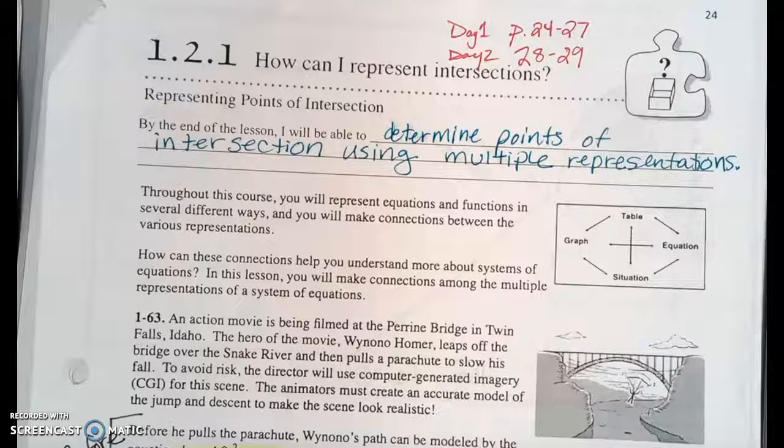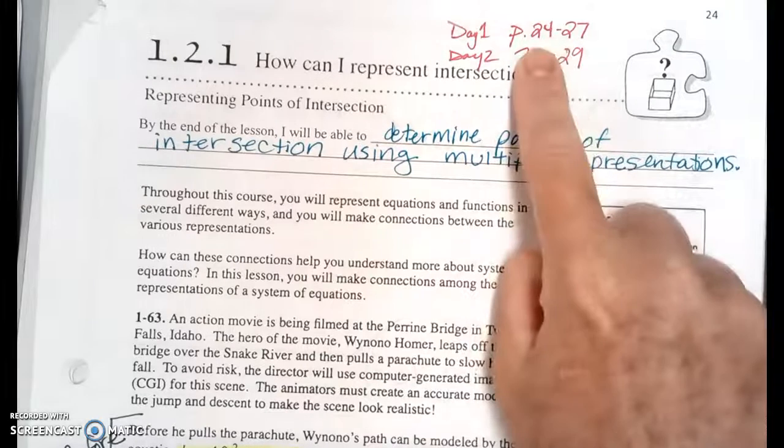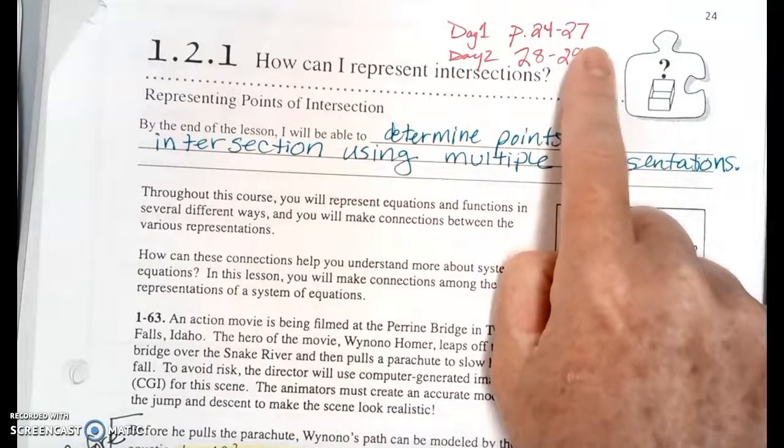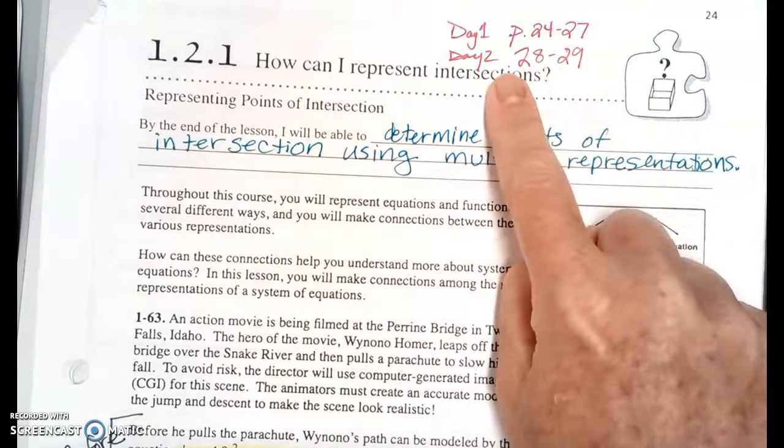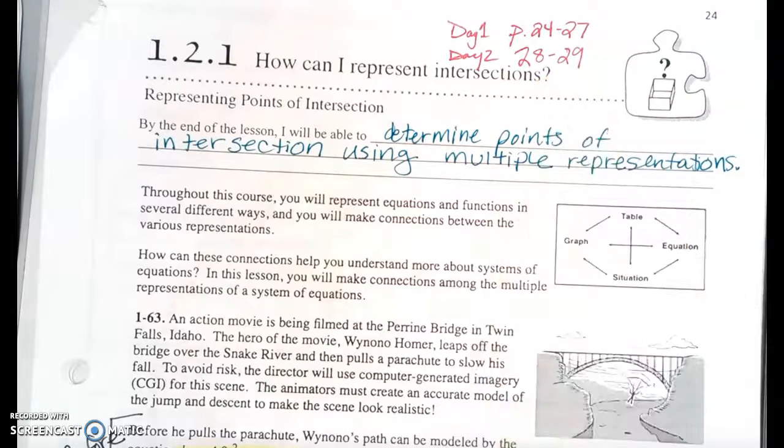Representing points of intersection. We're going to answer the question, how can I represent intersections? So we're just going to split it up over 2 days. Day 1, we're going to make a goal to get through 24 to 27. Day 2, tomorrow, we're going to make a goal to get through 28 and 29. And the objective is to determine points of intersection